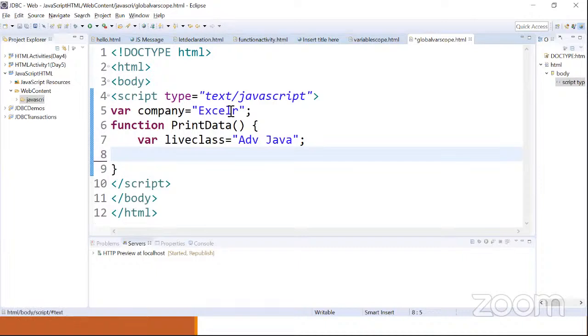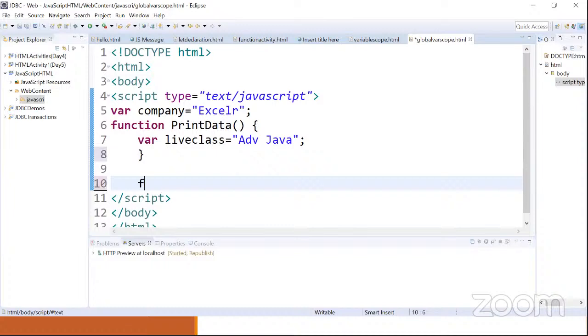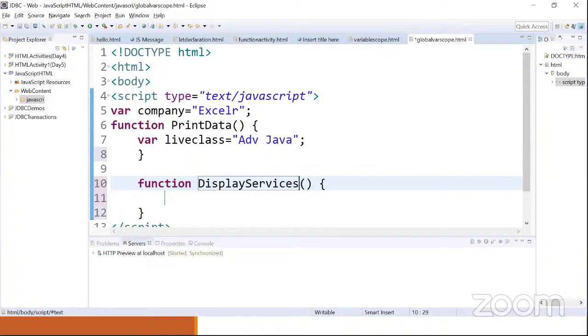And now let's move to another function. The function name is display services. Okay, I'm taking services. And now what can be displayed here? Let's write